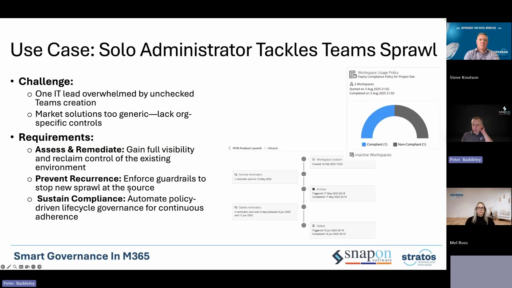I'm going to go through two use cases today. The first one, which Steve mentioned, was the solo administrator. So a little bit similar to the Wessex Water. This is perhaps now one of the most common use cases we get asked, that the environment's got out of control, teams sprawl, they can't manage the creation of teams because it either takes them too long to do it, or they've just let users create stuff. There's lots of duplications, sites and teams created which only have one owner, teams which never actually get any usage,